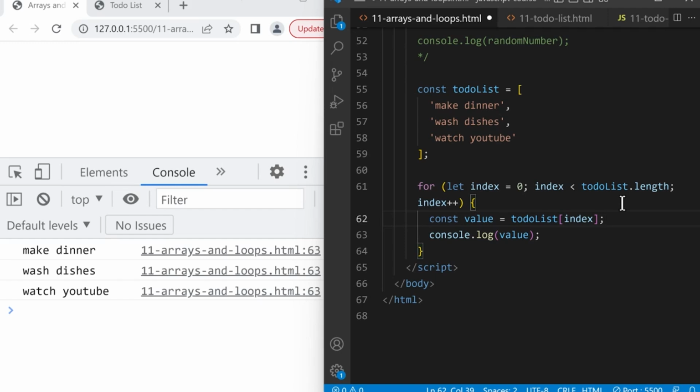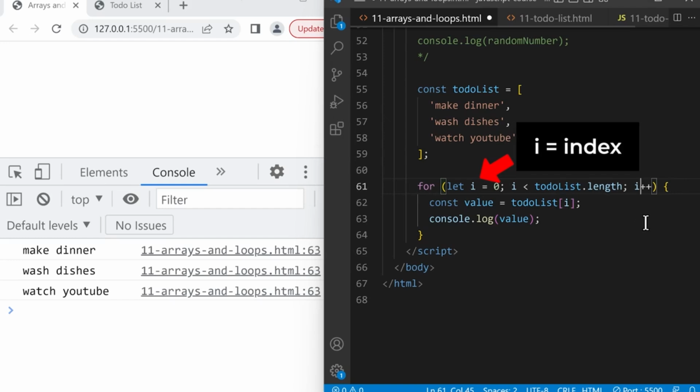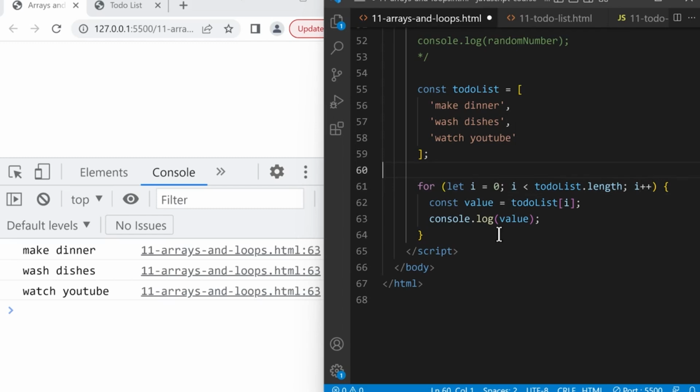Another shortcut is, instead of naming the loop variable index, we can shorten this to i. And we'll shorten this as well, and this as well. And that's why we often name the loop variable i. i means index. Next, we're going to learn a technique that we can combine with looping through an array, called